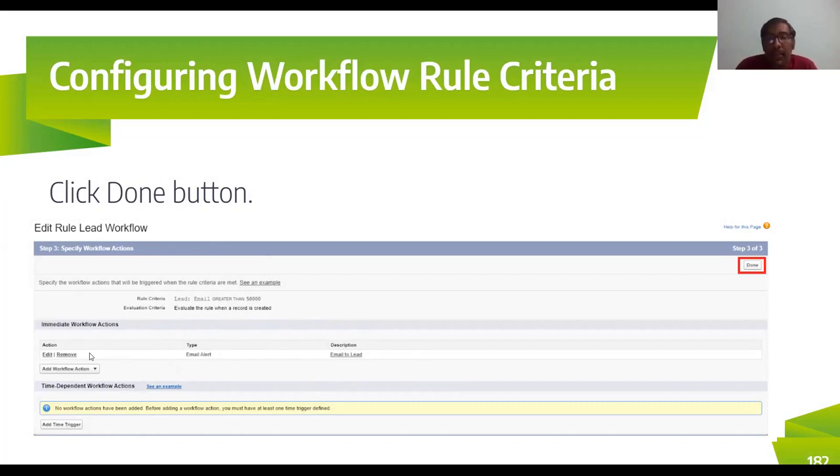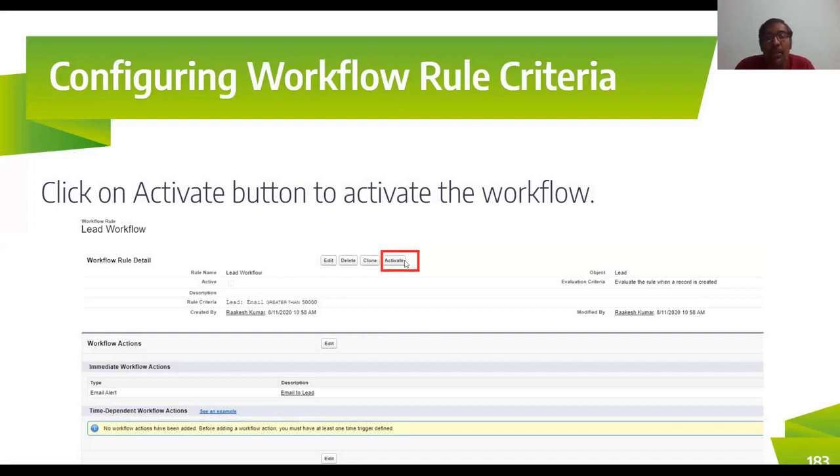So now we have to activate this. Now we have to click on the done button. Once you click on done, then what happens? Now it will take you to the next page. On the next page, what you're going to do is activate it, right? Once you activate, now the workflow rule is ready. Now we are able to perform this by creating a record or updating a record, right? Whatever you want, editing a record, you can do it. At that time, it is going to check for the condition. The condition is what? The action will be performed. What is the action? An email will be sent, right? So this is what we are going to do with respect to